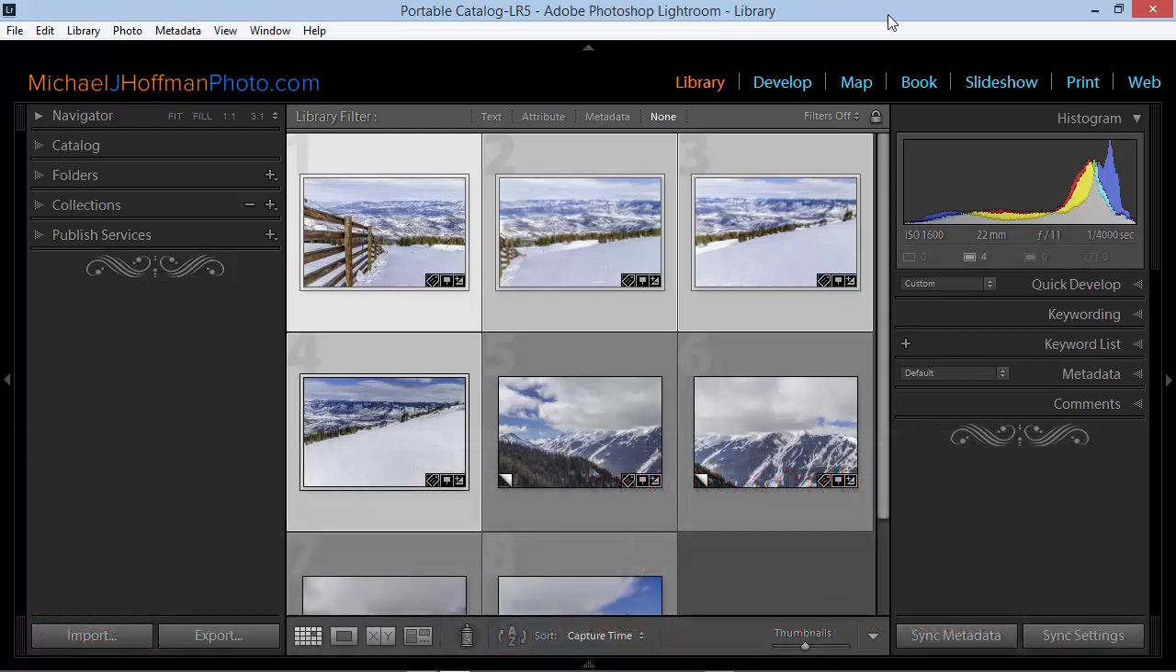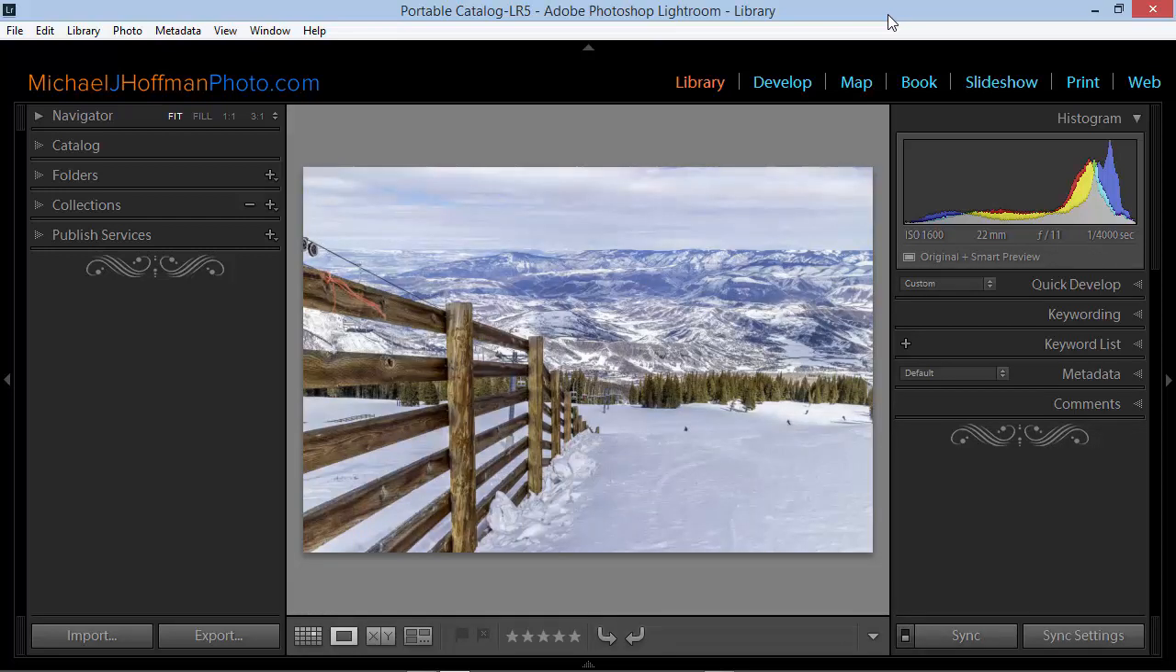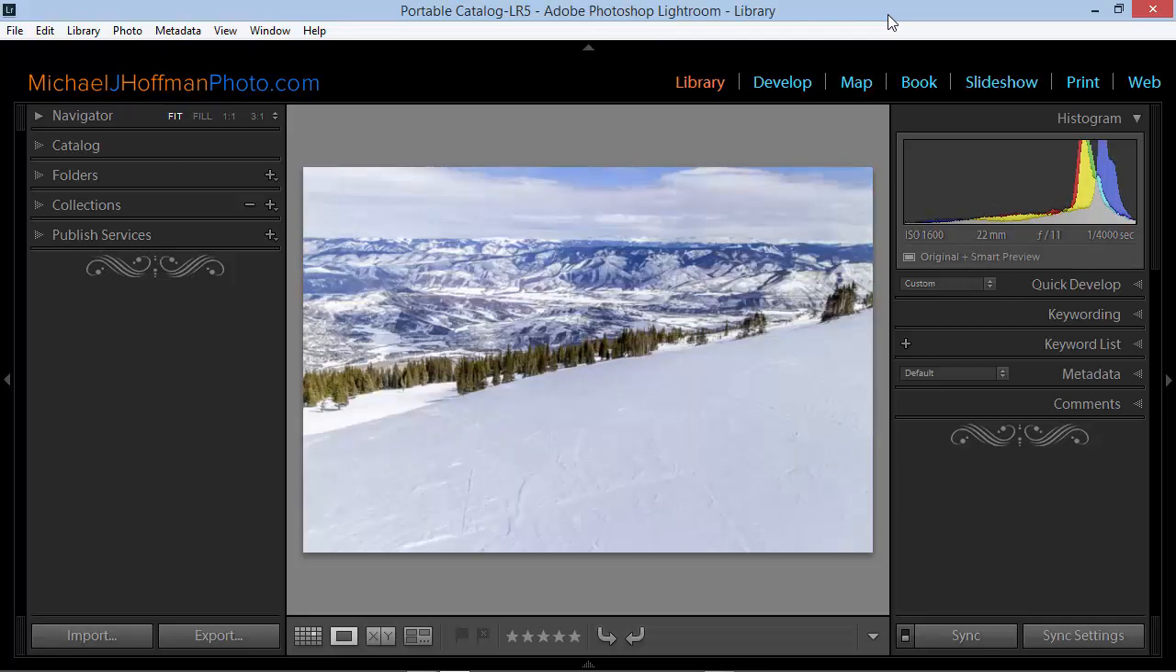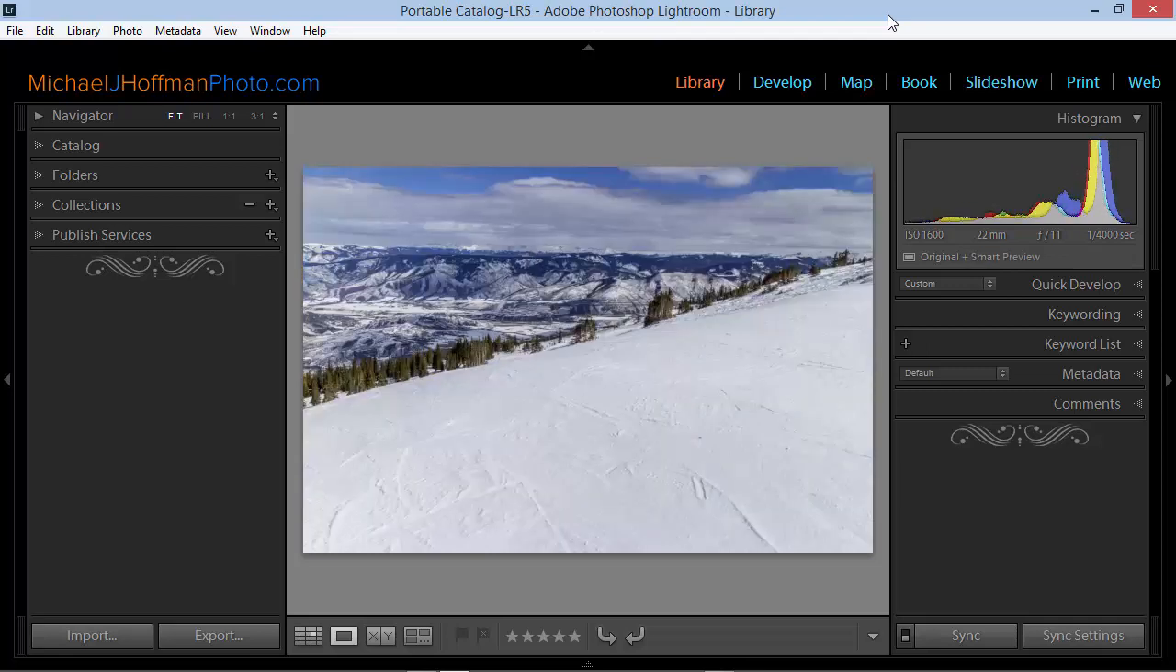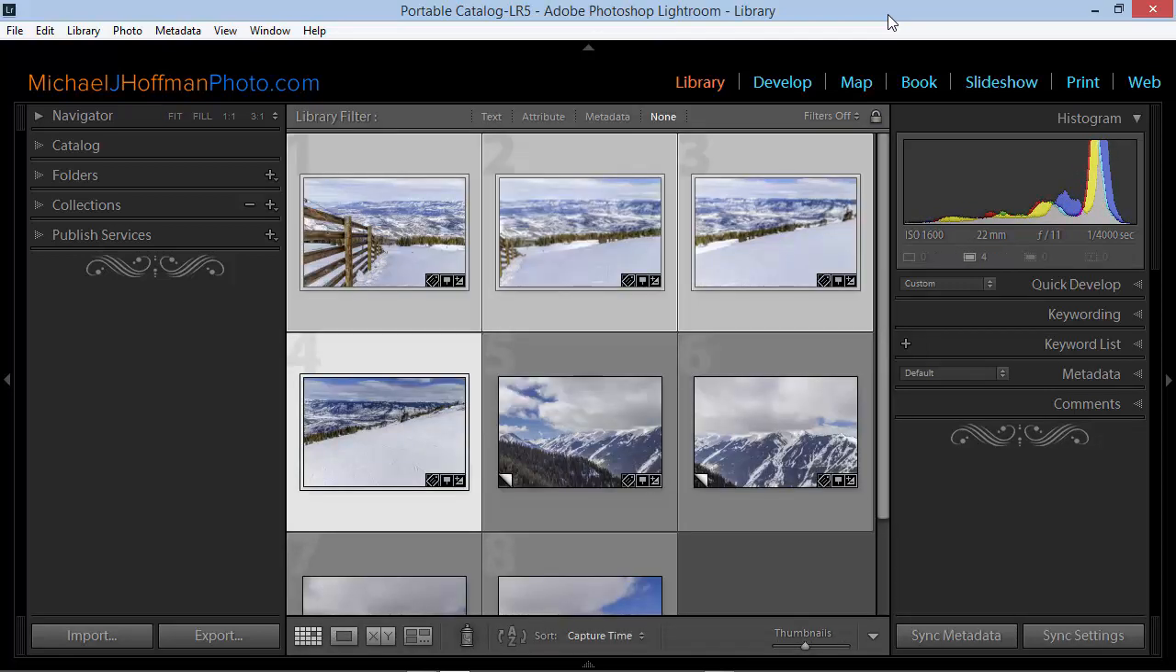Hi everybody, Mike Hoffman here, and today we're going to be looking at another way of integrating your workflow between Lightroom and Photoshop. In this case, we're going to be looking at using Photoshop's capabilities to merge a series of images into a panorama. Now, a panorama is a wide image, and if you take a series of images and pan your camera from left to right or right to left, you can create this series,